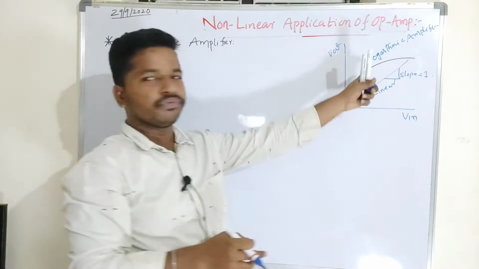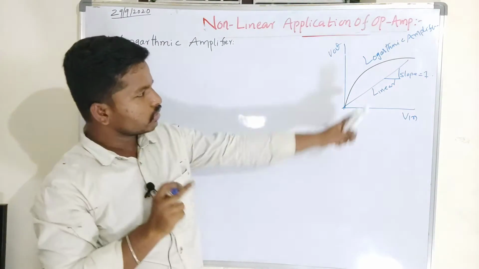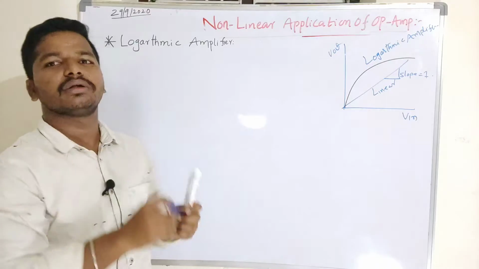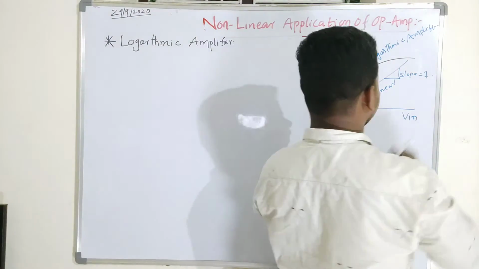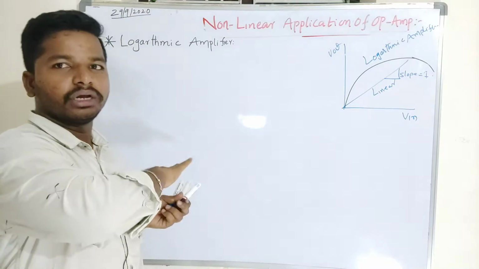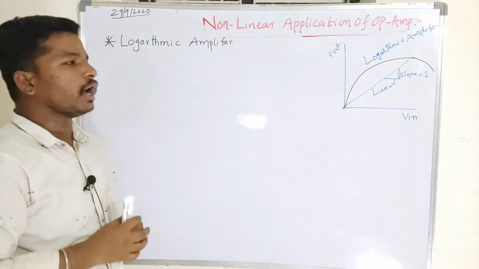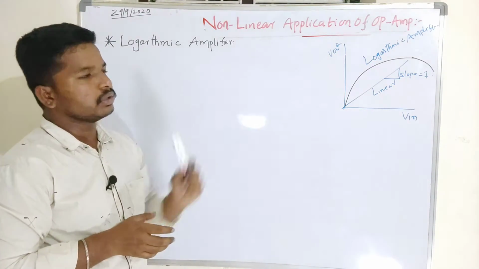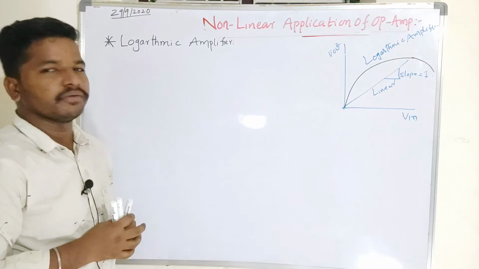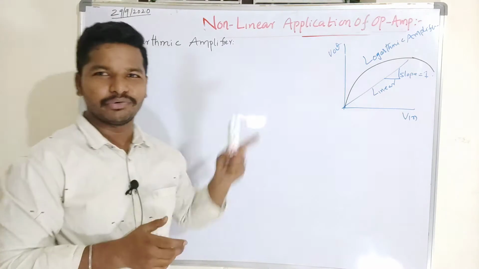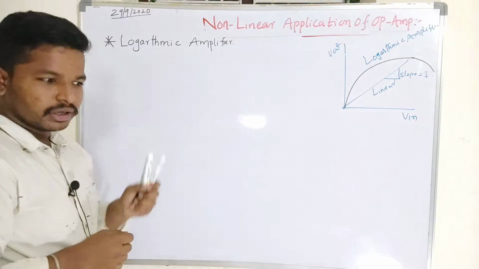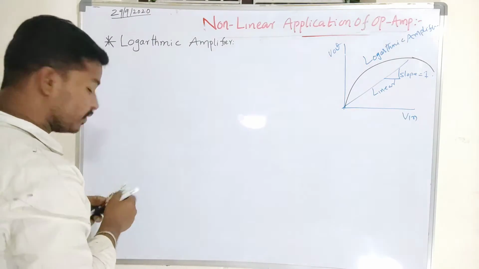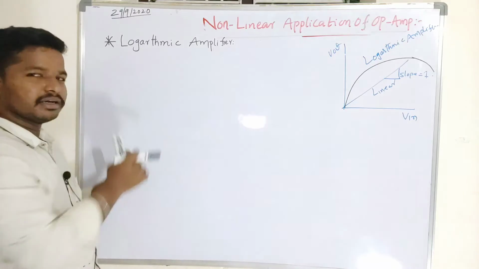If you observe the graph, at low frequencies it provides high gain. At high frequencies it goes down, so it attenuates high frequency signals. So this is about the logarithmic amplifier. We have drawn the input-output characteristics, but we have not discussed the circuit yet. Whatever I have said, I have to prove with a circuit diagram, so it is important to understand both theory and practical knowledge.